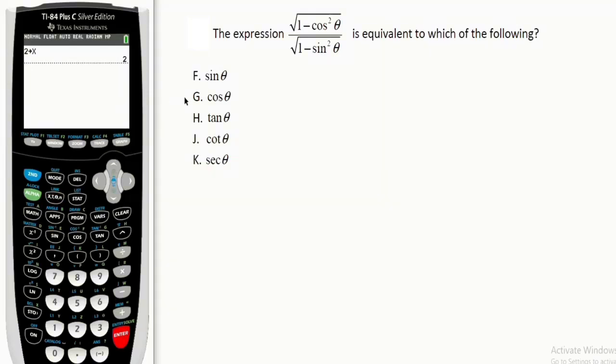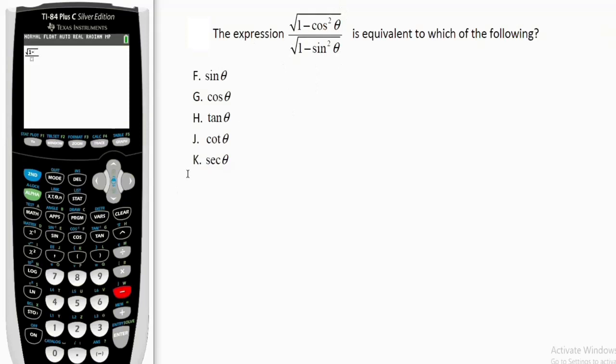Alright, so let's use this 2 to simplify this trigonometric expression. So the 2 we have stored as x will be replacing, or substituting, theta here. It's as simple as this, guys. So this is in fraction. To bring out the fraction symbol, you press alpha window. So fraction is here, press this button, then press 1. Alright, so we have square root of, we press second button and this to come out, square root of 1, okay, minus